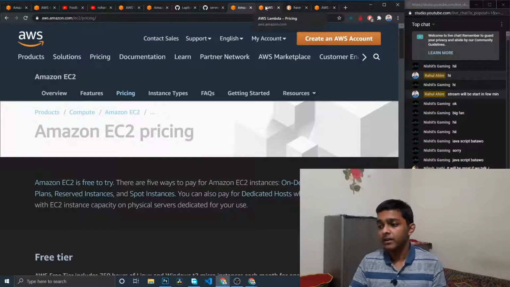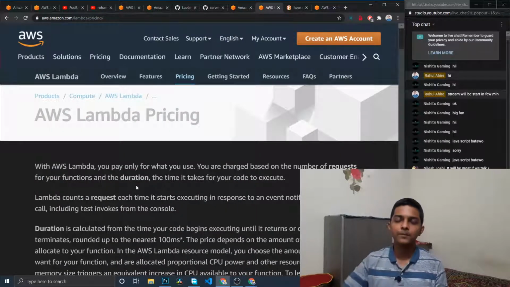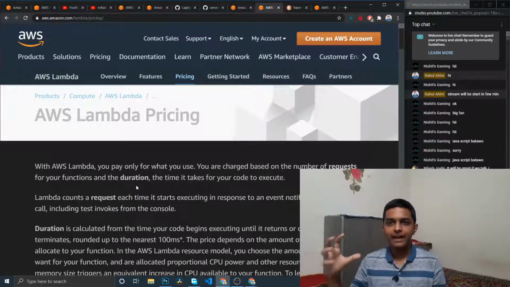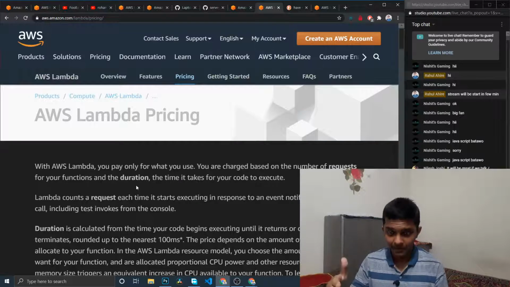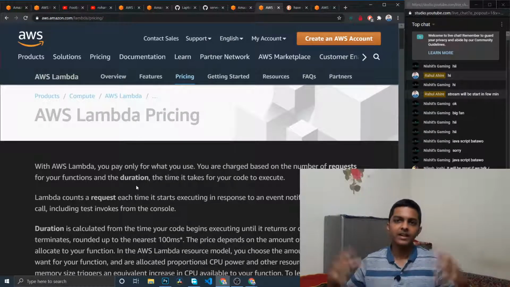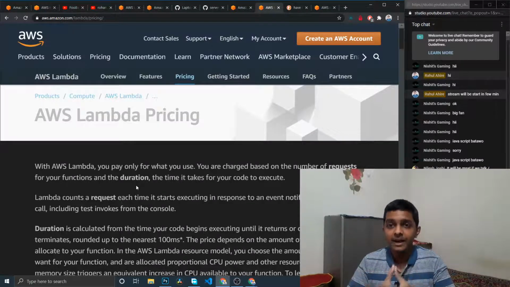And then the counter offer is that AWS Lambda is completely the opposite. What AWS Lambda means is serverless: there is still a server, but you don't need to manage everything. Everything is taken care of by AWS, like patching and the operating system. You just put your code into their system, and it will host the API for you.